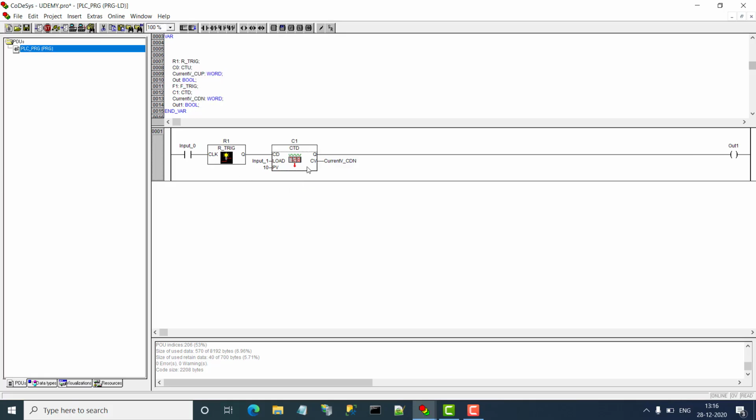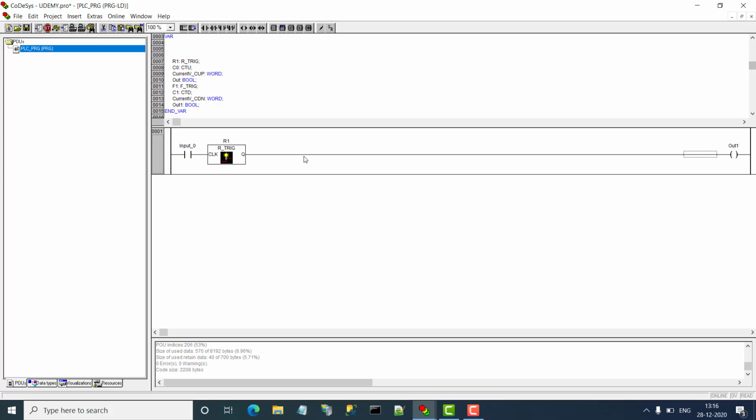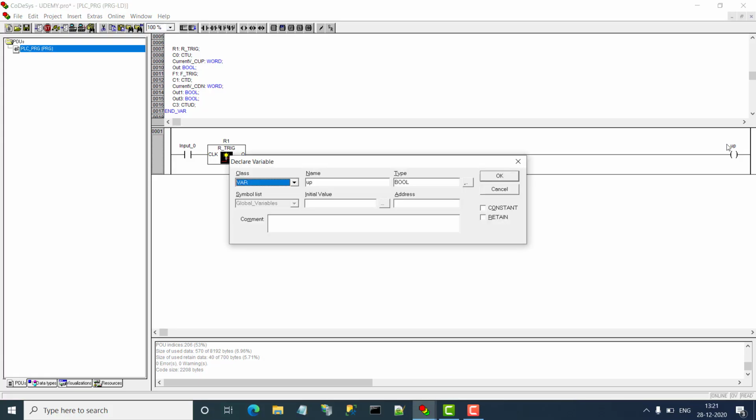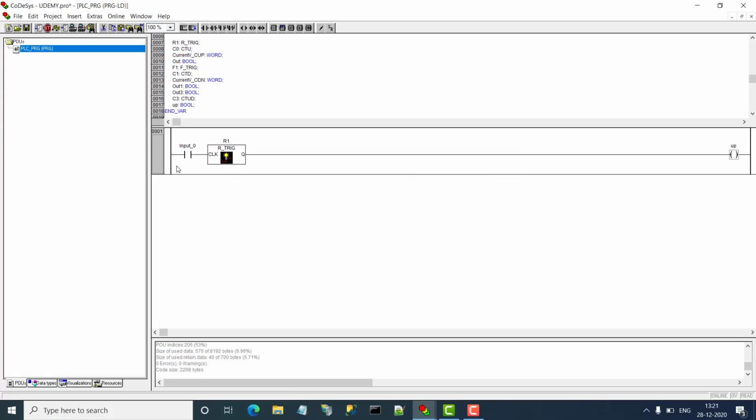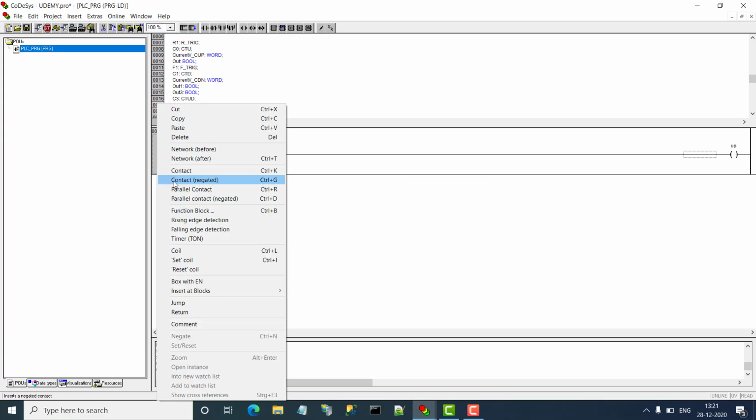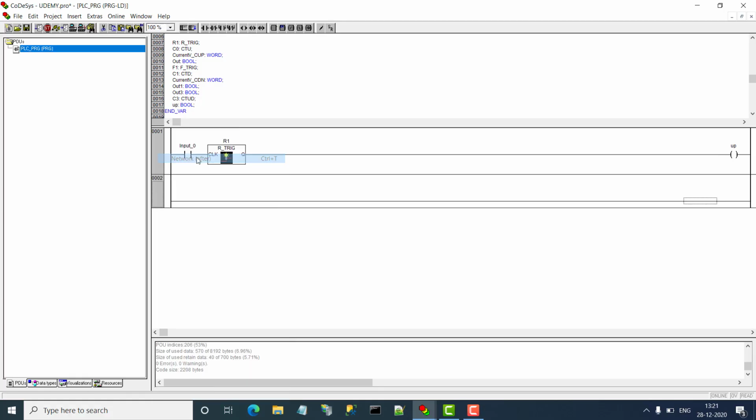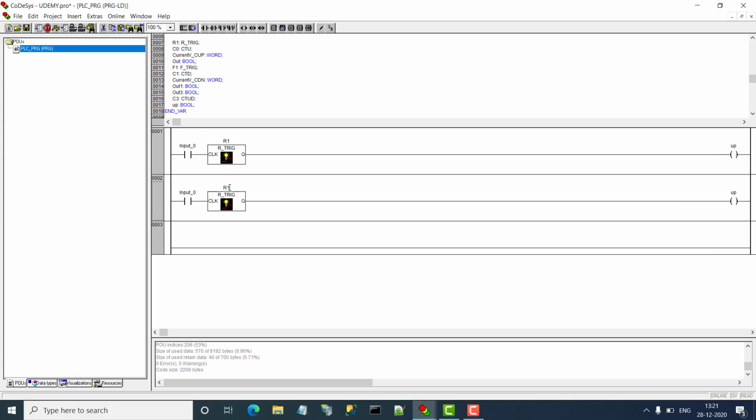This is all about the counter down. Now we will understand another instruction, that is counter up down. Okay. Now for counter up, we will create 2 bits, for up, and here I will create another bit. Network after, and let's Ctrl+C, Ctrl+V. Here I will define